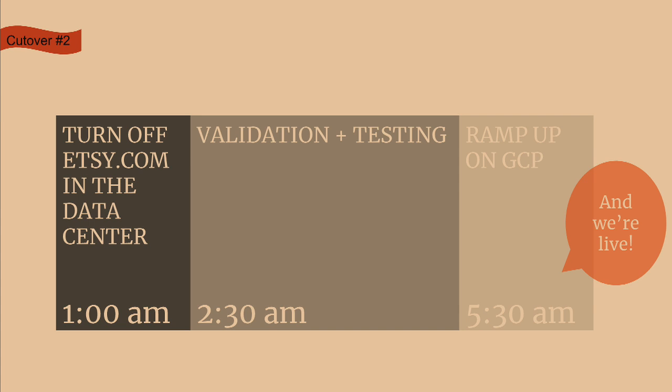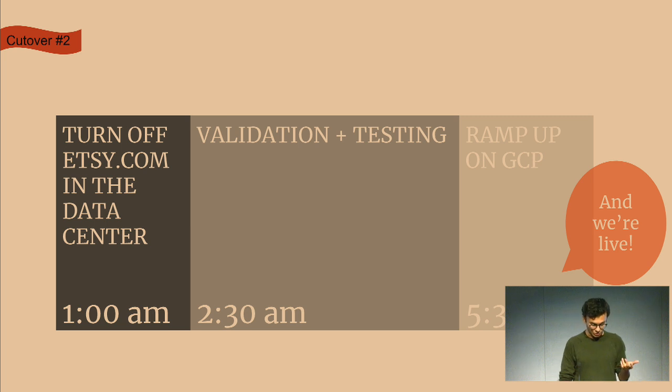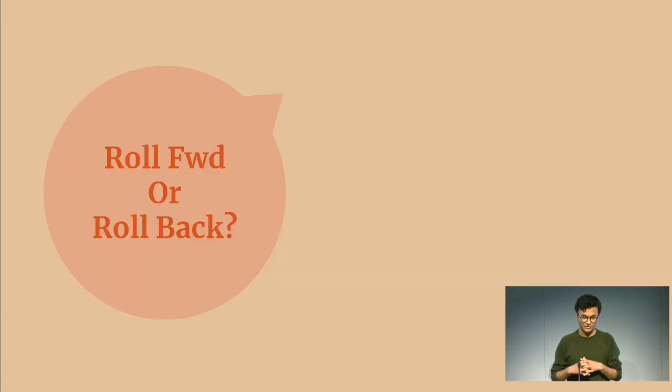So at about 5:30 a.m., we started to ramp our users back in. We did it slowly: 1%, 5%, 10%, eventually landing at 100, and we were live. We watched a lot of graphs. We were all there making sure that the site was stable, and that the error rate and performance were good. And then we had to make a key decision: should we stay or should we